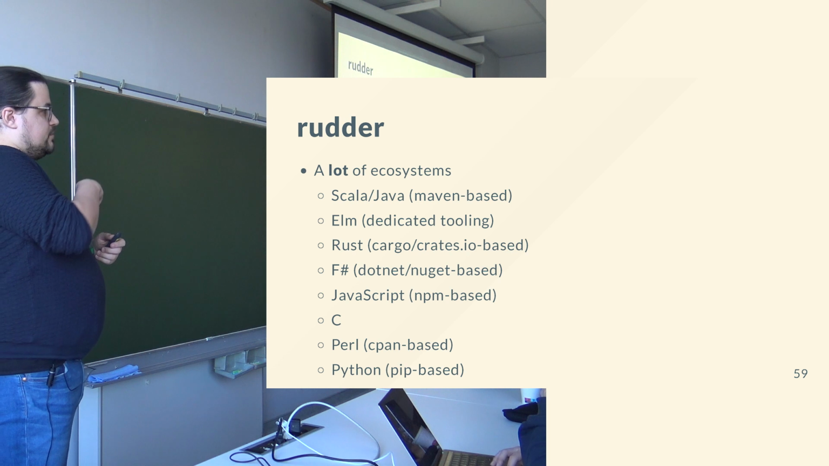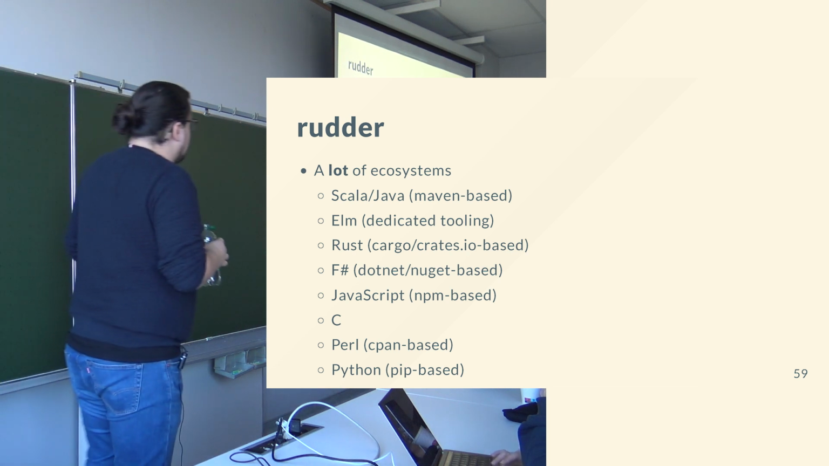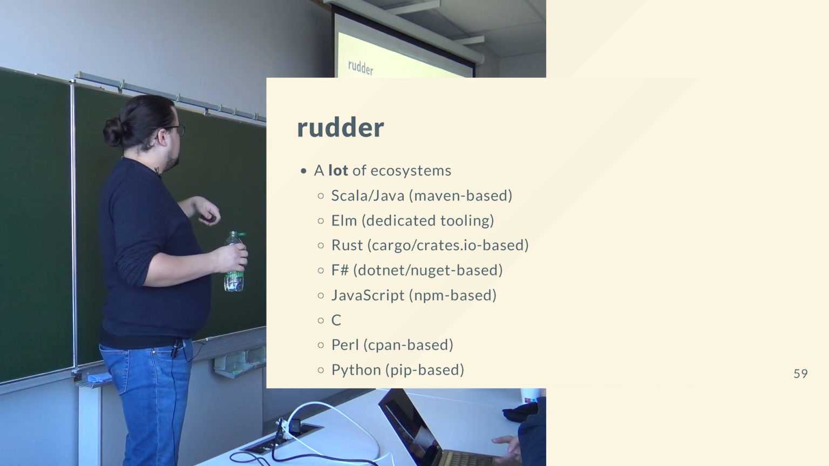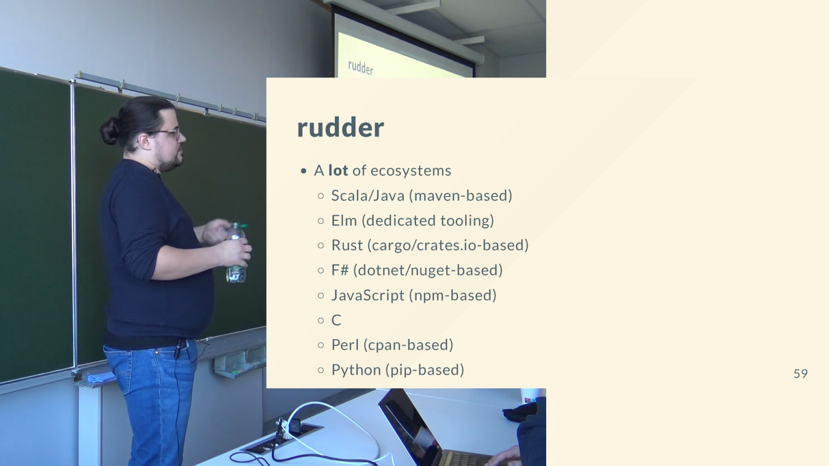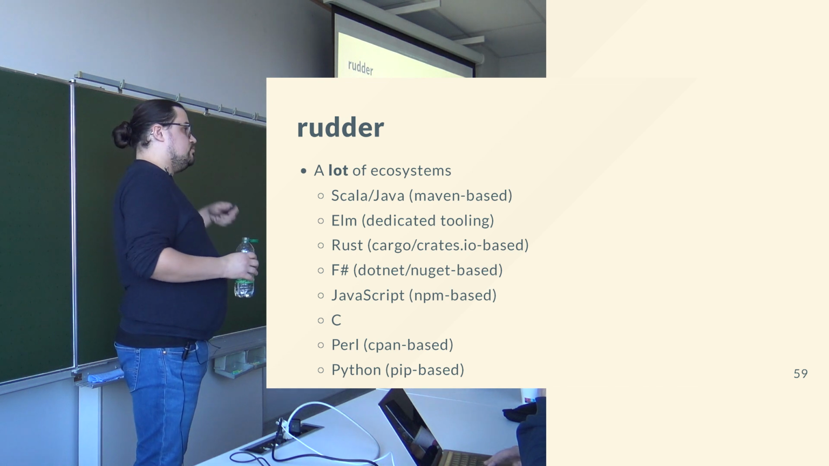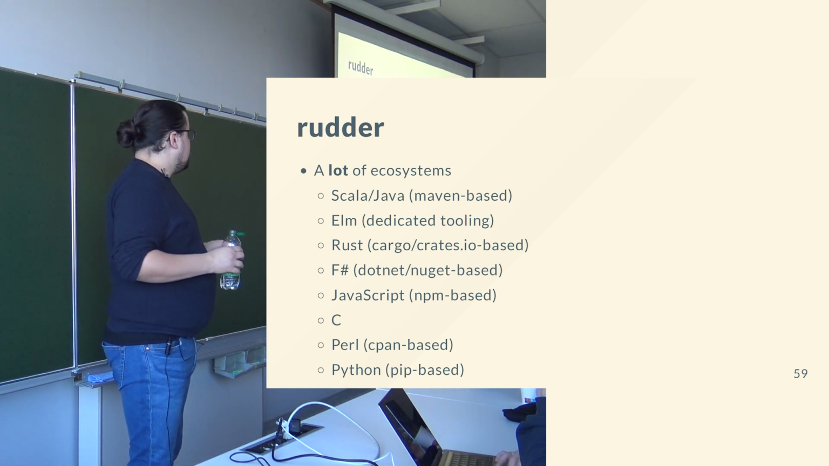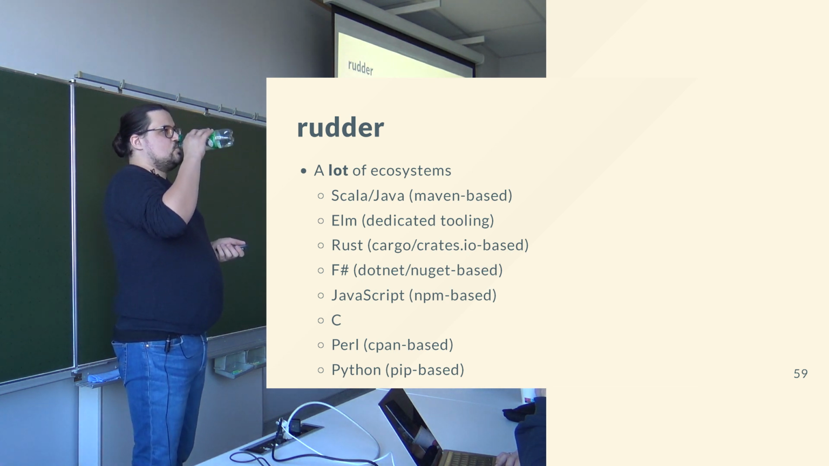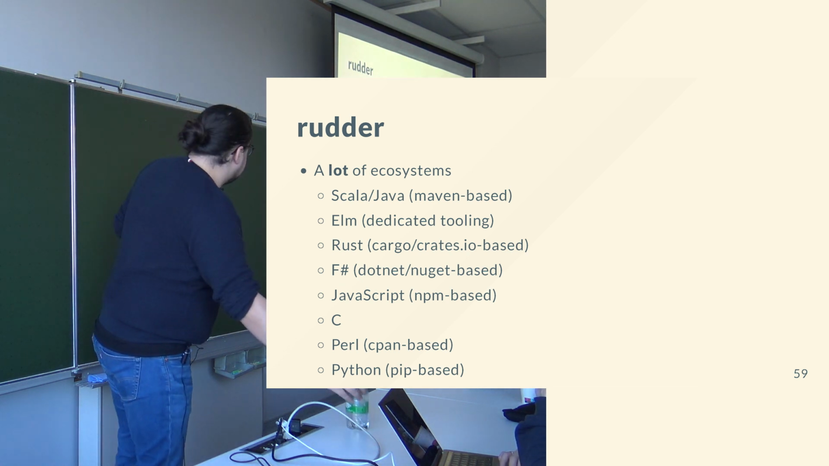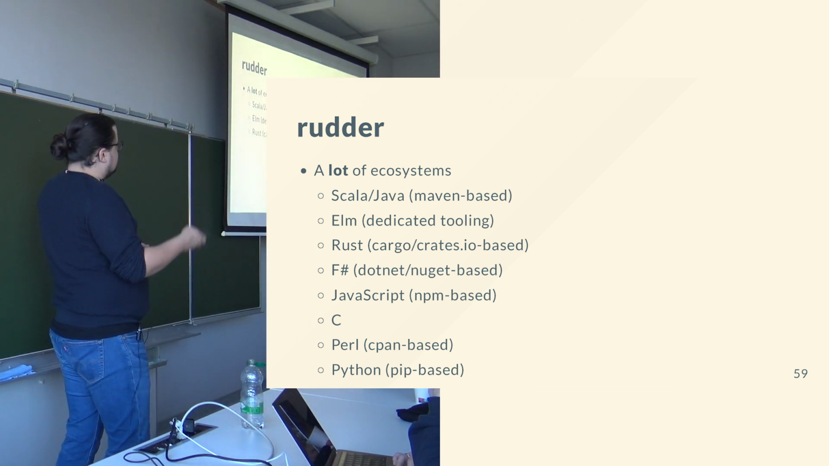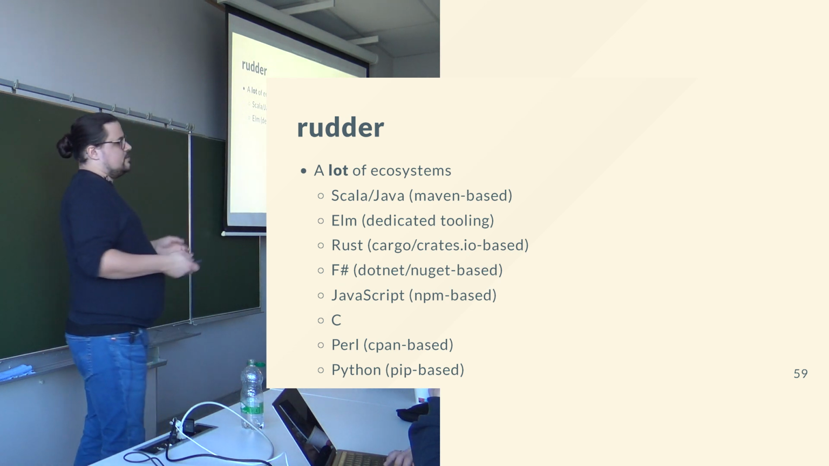The first problem that we have in this regard is that we have a lot of ecosystems. Rudder has different agents, has more than 10 years of history. So we have a lot of software, especially programming languages ecosystems. We have some Scala stuff in the backend, so Maven based. We also, for the front end, have some Elm and JavaScript stuff, so 2 languages for the